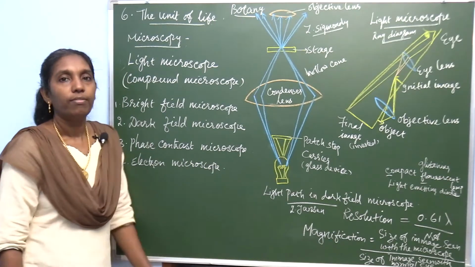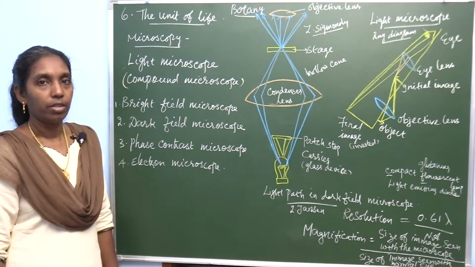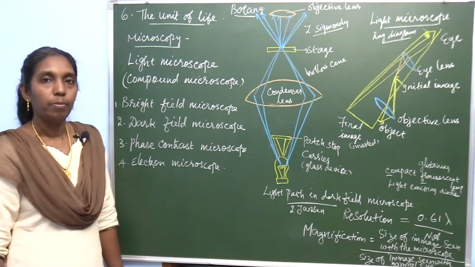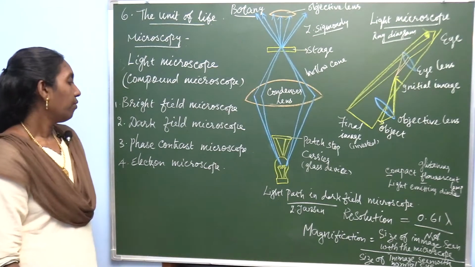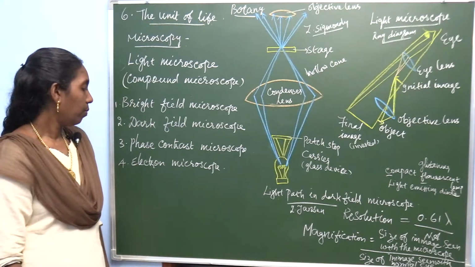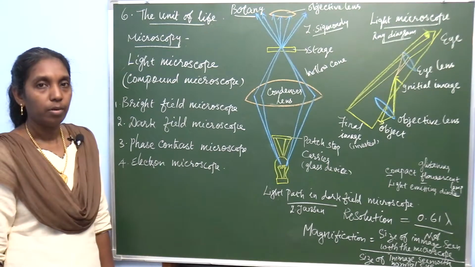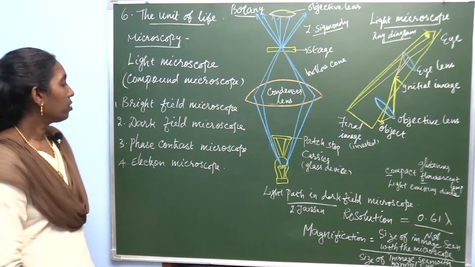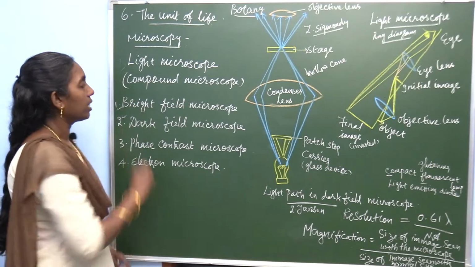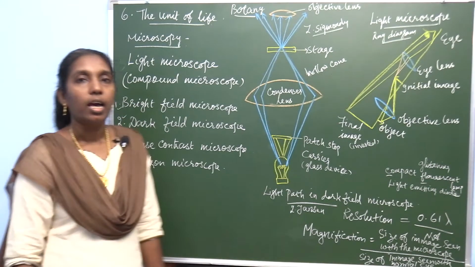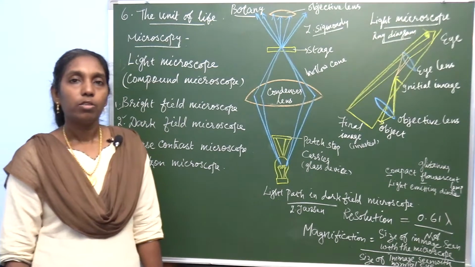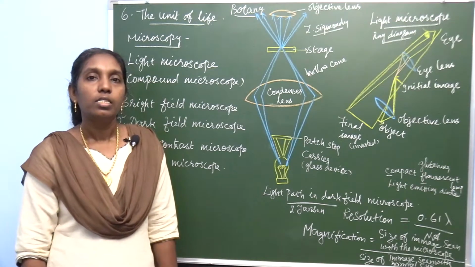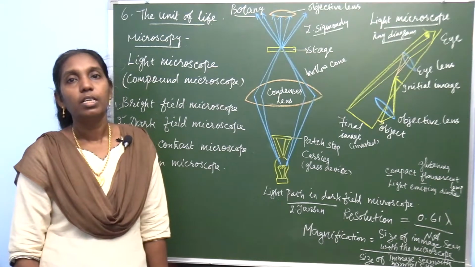There are 4 different types of microscope given in your book: bright field microscope, dark field microscope, phase contrast microscope, and electron microscope. Today you are going to learn the first 2 microscopes, that is, the bright field microscope and the dark field microscope. The microscope is an inevitable instrument